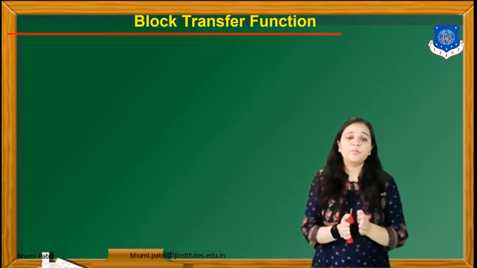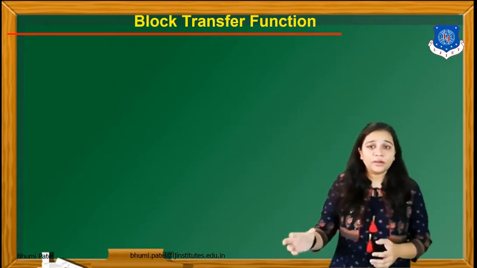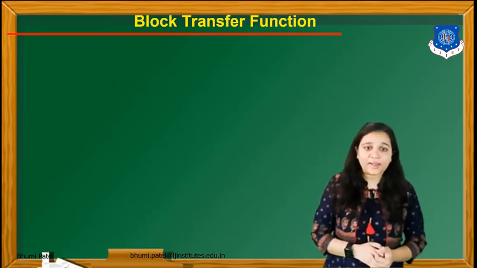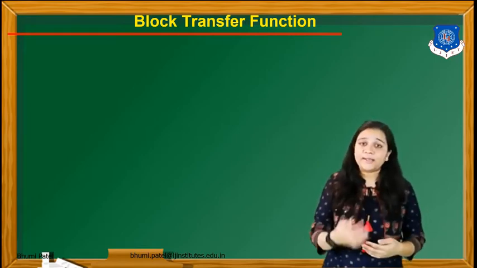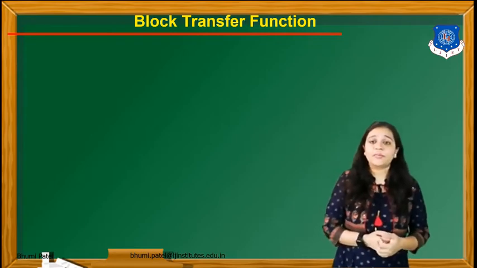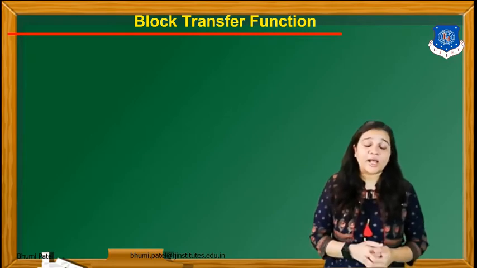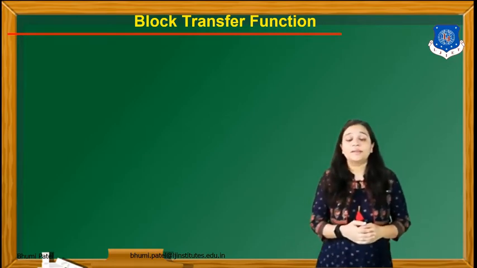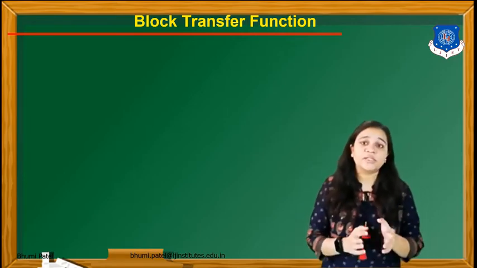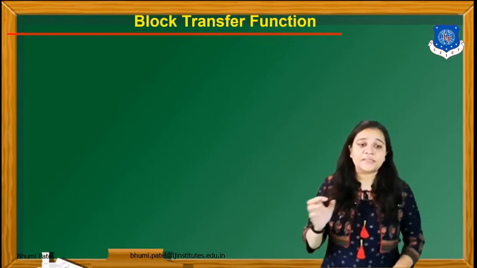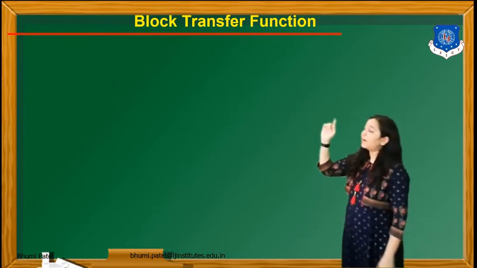Using the move function we can easily move data from one source address to a destination address. In the addition example, we have to use the move function before the addition program, and after the addition command is executed we have to use the move block again, because after the addition we get the answer in the format of the sum and the carry. So we have to save the sum in one destination address and the carry in another address. Now today's topic is the block transfer function.